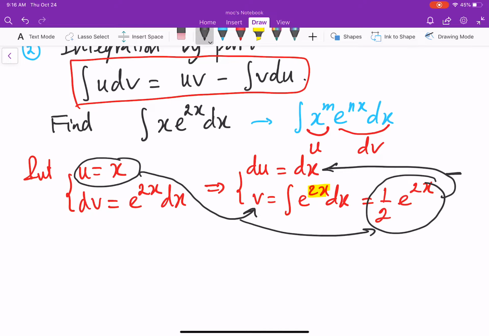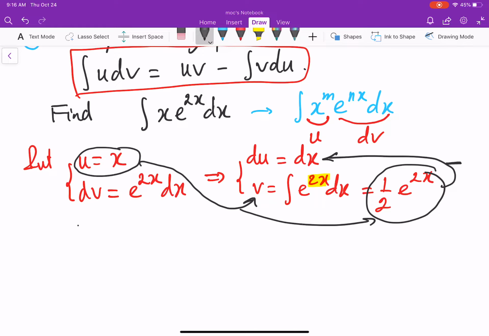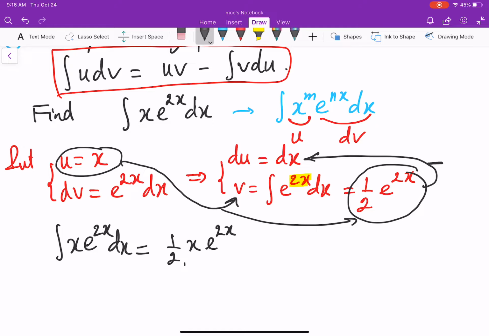So I have the integral x e to 2x dx is equal to 1/2 x e to 2x, x with 1/2 e to 2x, it's just this. And then minus,